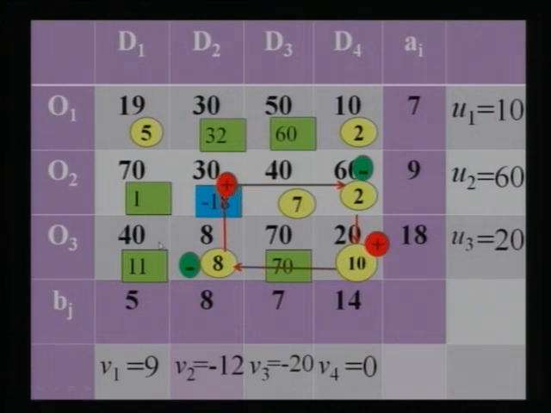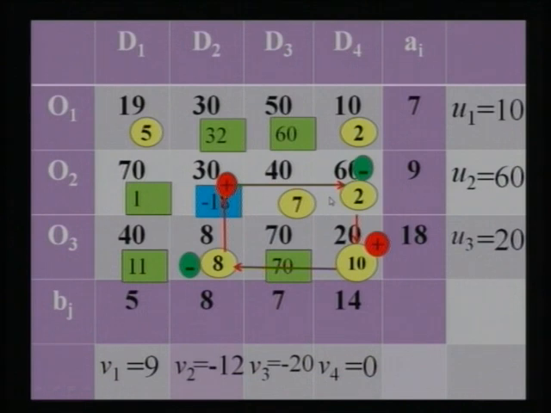The next step in the MODI method, after making the loop. Why are we making a loop in this table? Because our aim is to find a new basic variable. The new basic variable will be this particular cell which has the most negative value, minus 18. So I will put one circle here and that will be my new incoming variable. This will enter into the basis, and once I add that cell, there will be 7 basic variables.